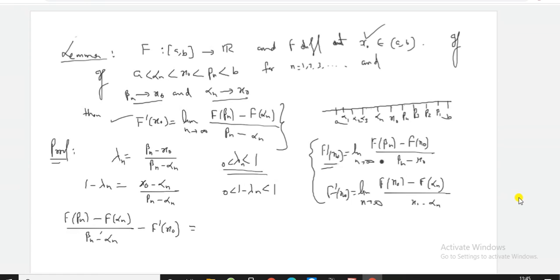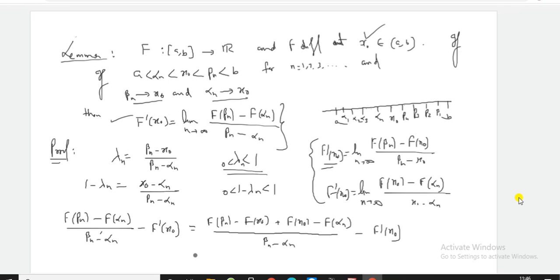बेसिकली हम इन एक्सप्रेशंस का यूज करना चाहते हैं. तो f beta n minus f x0 हम लिखना चाहते हैं, और उसी तरीके से f x0 minus f alpha n हम लिखना चाहते हैं. Let us add and subtract f x0. So f beta n minus f x0 and plus f x0 minus f alpha n, and divided by this beta n minus alpha n minus f dash x0,